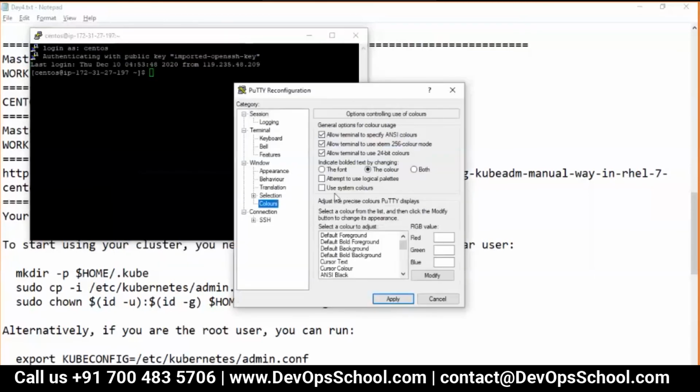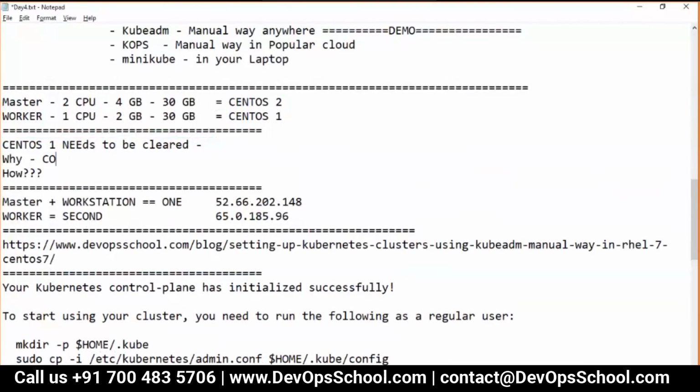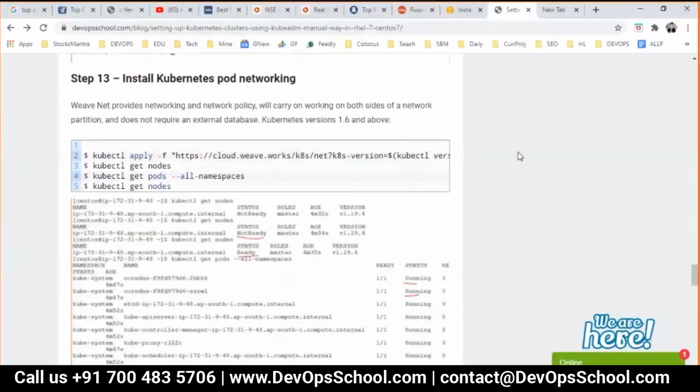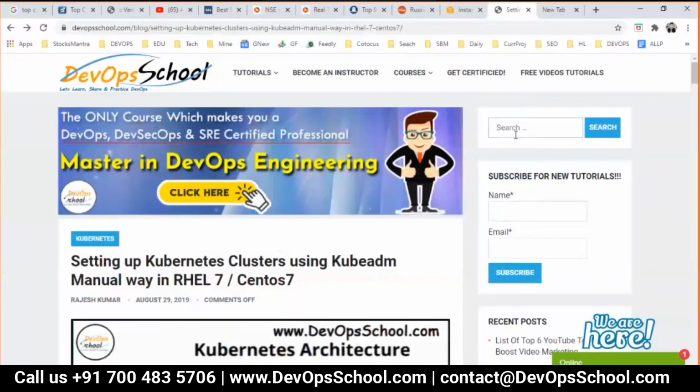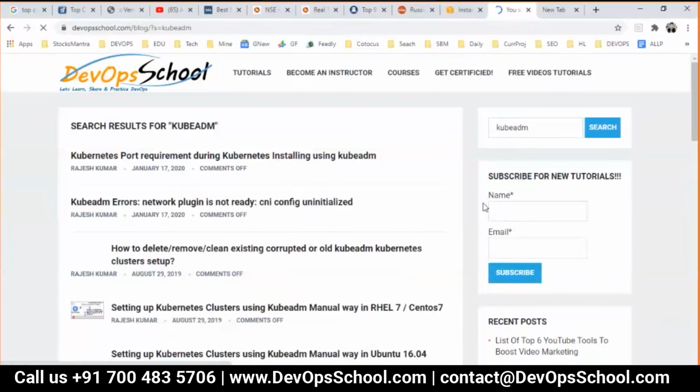Fortunately, my workstation IP address is the same. So here, yeah. Okay guys, now you have to set up your own cluster before the next demo. So what you're going to do, mind it here, I'm asking you to set up CentOS 2 for the master, so you'll have a very smooth flow. Nothing is installed over there. And in CentOS 1, you'll set up a worker. Mind it here, CentOS 1 needs to be clear. Why? First of all, understand why. Because we have used Docker in a simple way with bridge network.